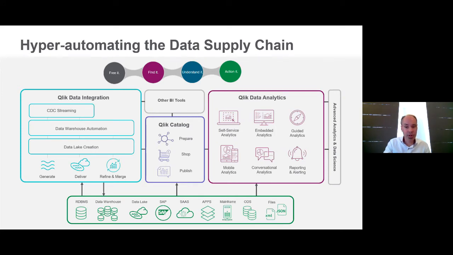The catalog capability then sits between these two portfolios, and it bridges the world between IT and the business, connecting data from the data integration capabilities, let's say, and feeding it into the analytics environment, making it much easier again for business users to get access to the right data without avoiding the company's governance rules, because that's still important as well, of course. And what we didn't discuss yet on this slide is the right block, interacting with advanced